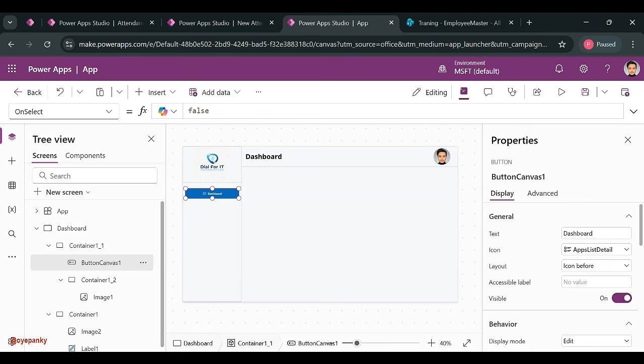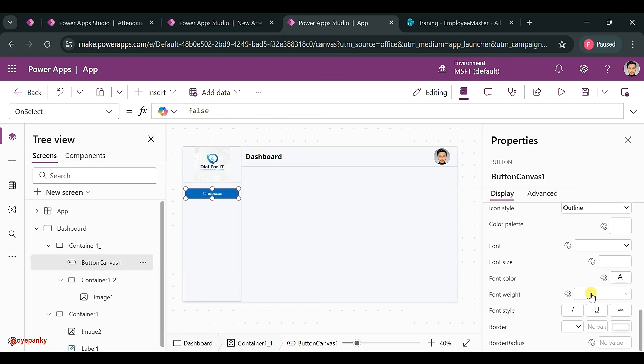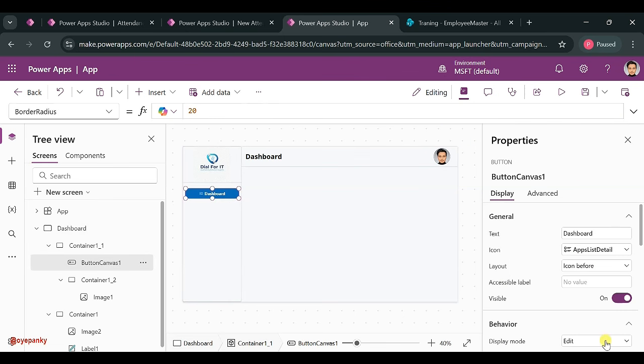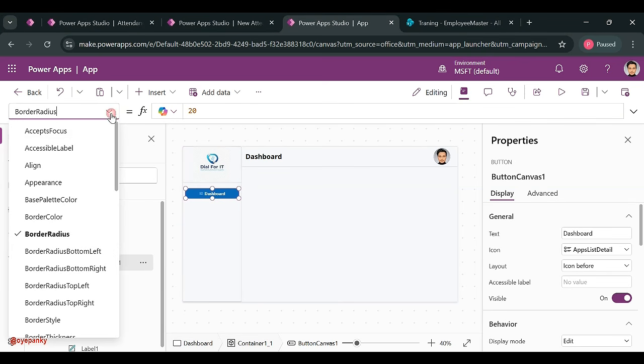So here there is no dashboard icon, so you can select this one. And for the font size you can choose 20. And for the font weight you can increase it, like semibold or bold. I think it is semibold already. You can set the bold. Now here you can choose the border radius as well. So here is the border radius, like I want a border radius of 20. Once you have created this button, now